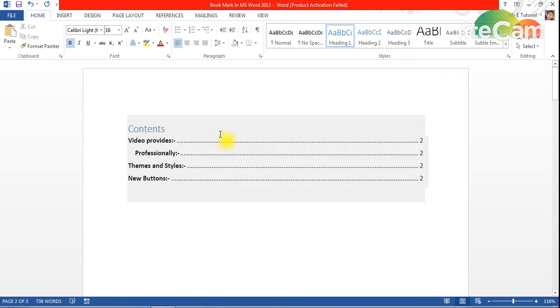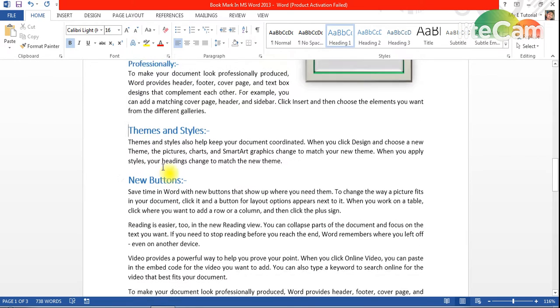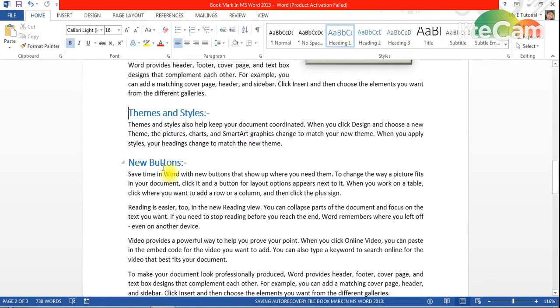For example, there is a very big document, a thesis that consists of a number of pages, and I want to read something. Then I will go to the table of content, press Ctrl and go with the cursor to the section I want to read. I just click and it will take me directly to that place.